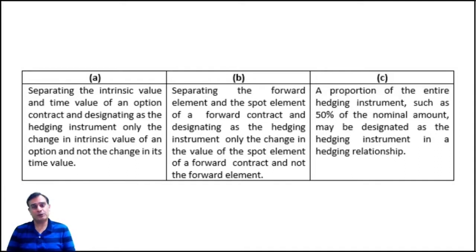So I think we've now reached a consensus in terms of steps number 1 and 2. Step number 1 is the hedged item, the item which you want to hedge, where you want to reduce the risk in terms of fair value changes or cash flow changes. And the instrument which is used to hedge the risk is called the hedging instrument. In both cases, you could consider the instrument in entirety, or only a component may be considered. So first of all, we need to zero in that the hedged item is a qualifying hedged item, and the hedging instrument is a qualifying hedging instrument.